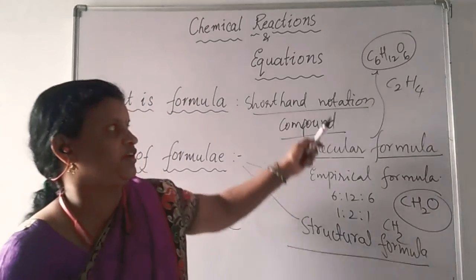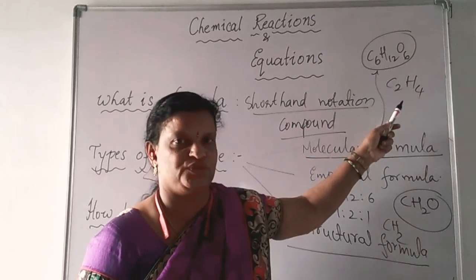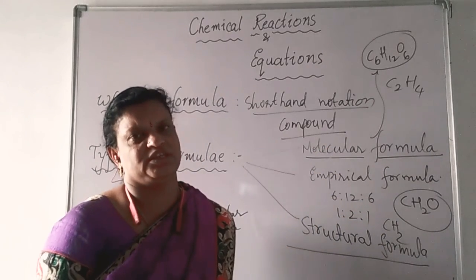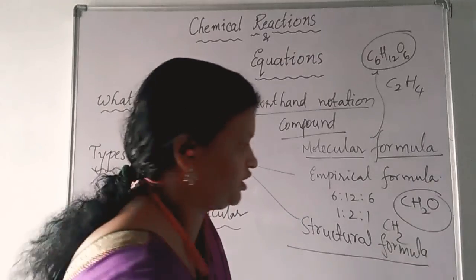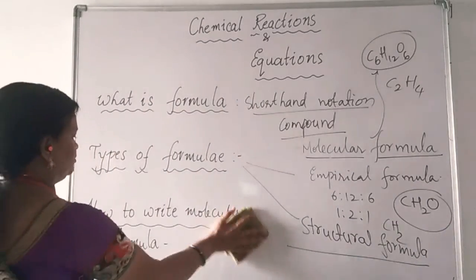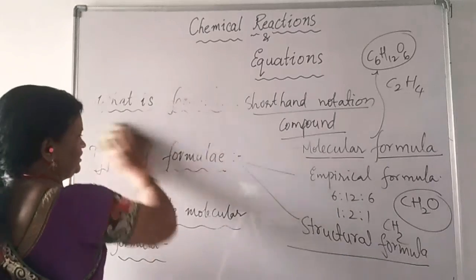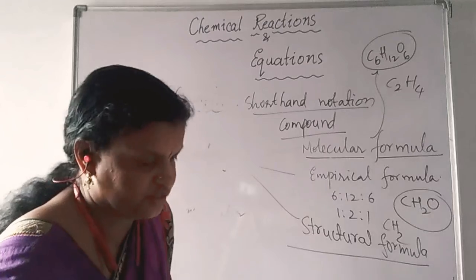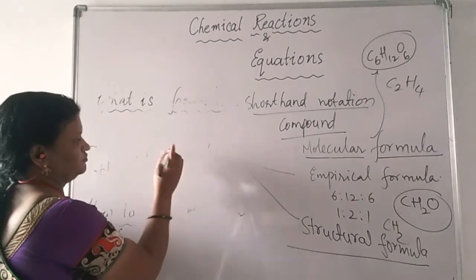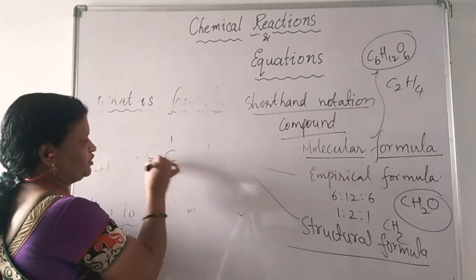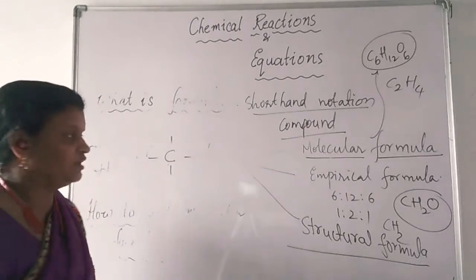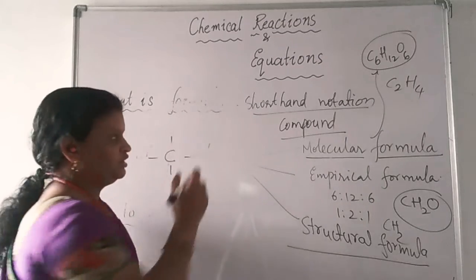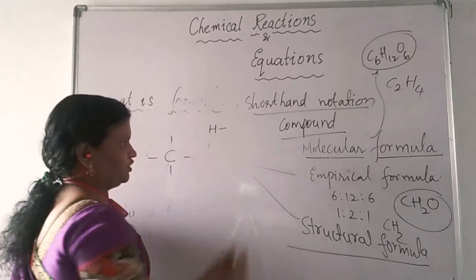In this ethylene, we have written the molecular formula C2H4. We have written the empirical formula CH2. Now, I will show how to write the structural formula. To write this structural formula, what we should do is, we should know what the different bonds present in these are. Now, in this ethylene, we know already that carbon can form 4 bonds. Surrounding carbon, 4 bonds are possible. And in this ethylene molecule, we have hydrogens also. Each hydrogen can form 1 bond.